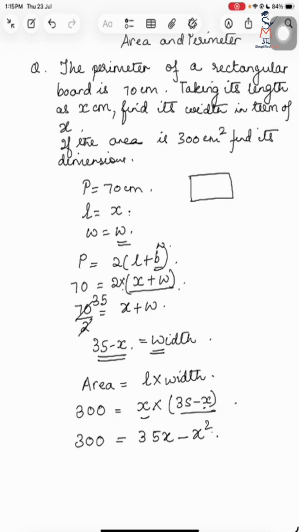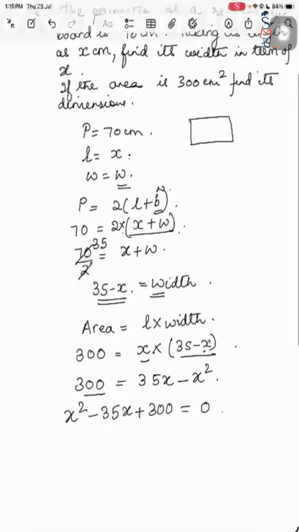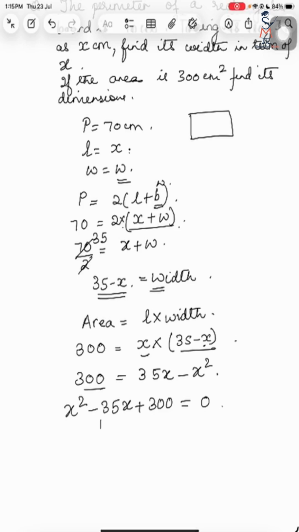Again this is taking the form of a quadratic equation. So we'll get all the terms on one side of the equation. So this can be written as x square comes here and becomes positive, plus 35 comes here and becomes minus 35x, and 300 will remain plus, is equal to 0. Now how to solve this quadratic equation? We have to split this middle term. What is the first term? It's the x square. The second is the x term, and the last one is the constant one. So this is how we will arrange our quadratic equation: first x square, then the x term, and then the constant one.